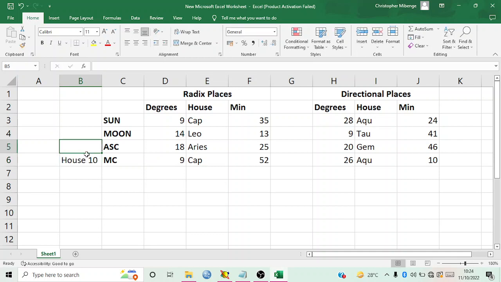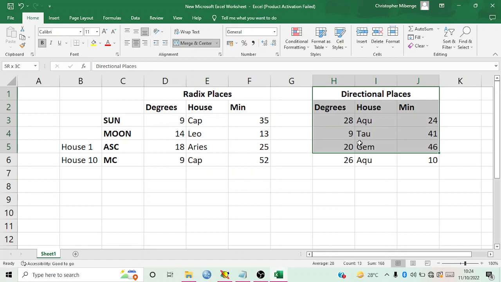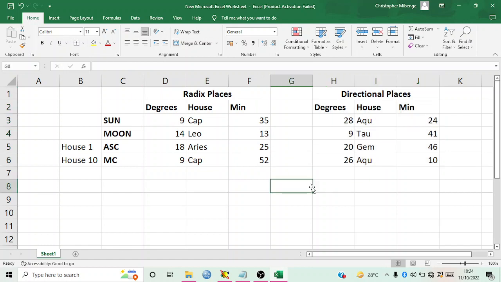For the ascendant, I said this is house 1. So always remember that the ascendant is house 1 and the MC is house 10. So the radix positions are these. The directional places are these, right? So we expect that,